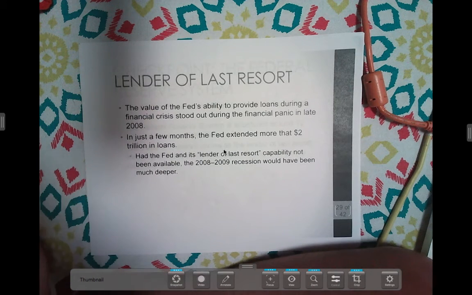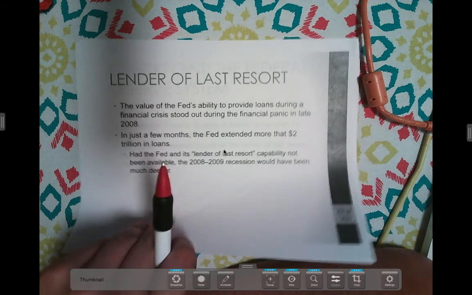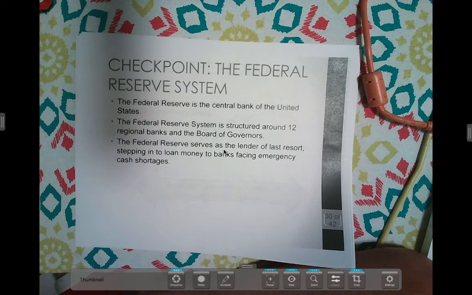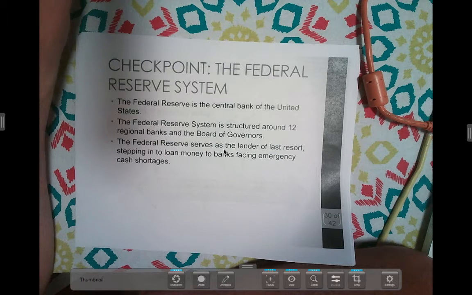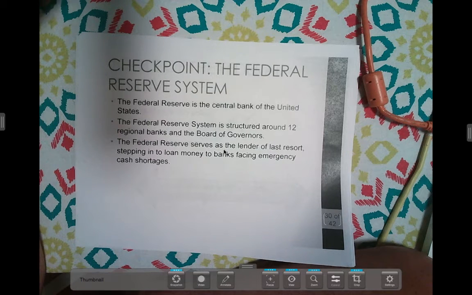Another key feature that the central bank does is it actually is the lender of last resort. That means that when no one else will lend any money, the Federal Reserve will step in. We saw this most recently during the financial crisis when $2 trillion was lent out by the Federal Reserve to banks that would have otherwise failed. Had the central bank not intervened, the recession would have been worse. And in fact, most of the time when we complain about the Federal Reserve, we complain about the fact that they did not lend to Lehman Brothers.